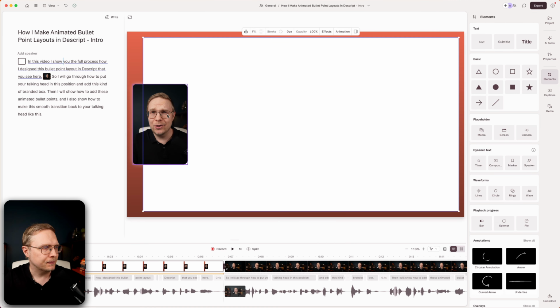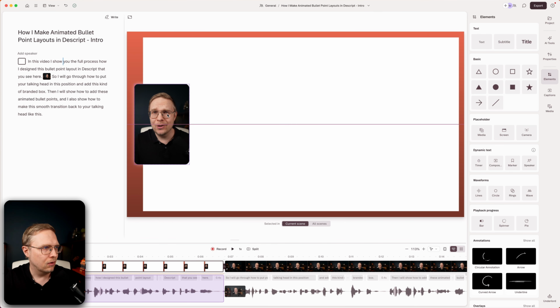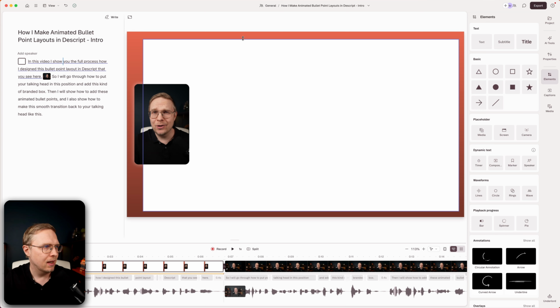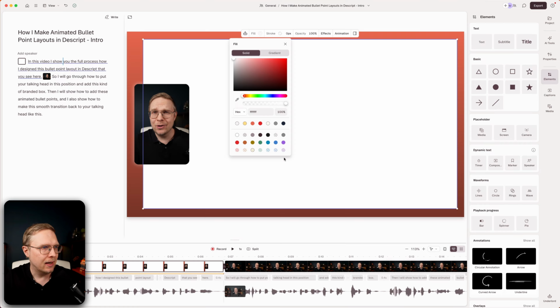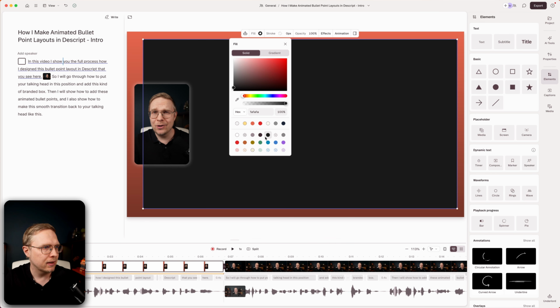But I think I actually move this little bit, this talking head, and also adjust these. I just like that there is a little bit more space around, even though it takes away a little bit of the space that you have here to put things in this box, but still I prefer this way. And now let's change the color of this. So you select the box and click this fill, and I put here my brand color that is this kind of dark blue,